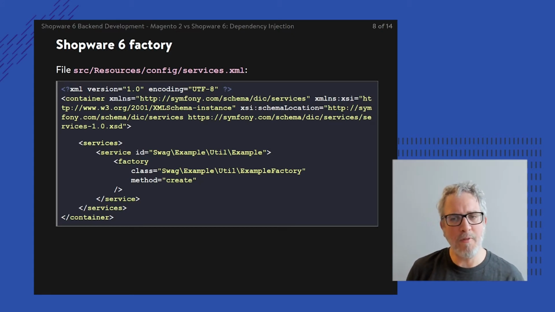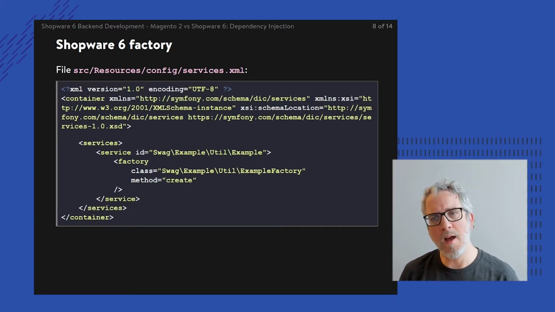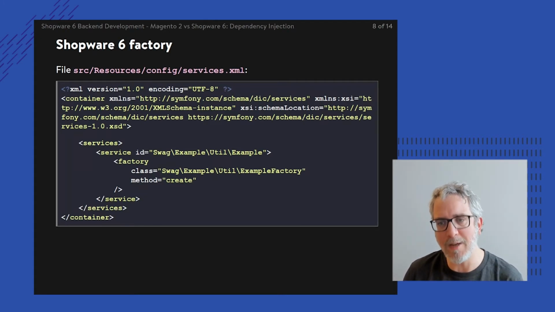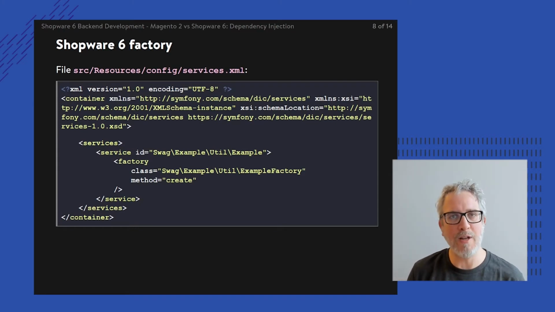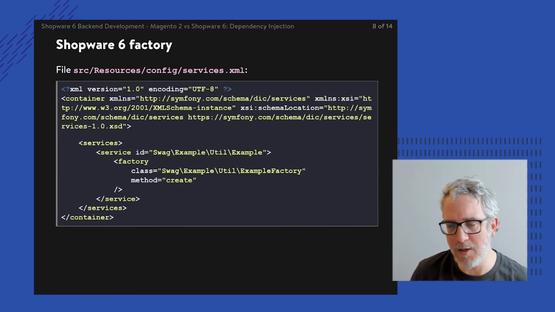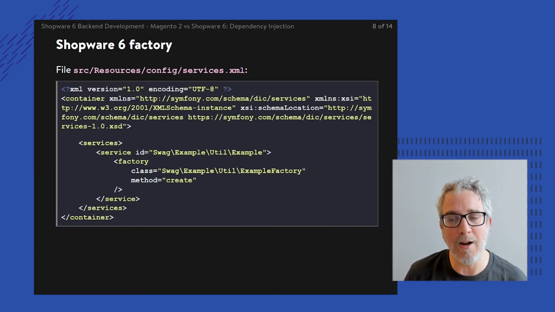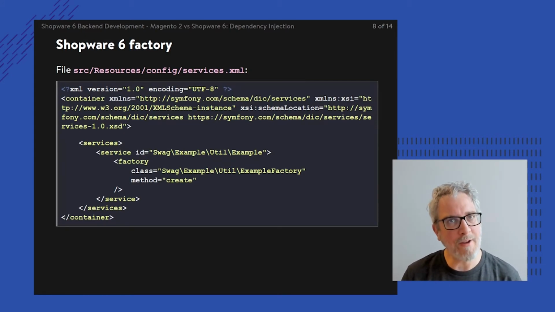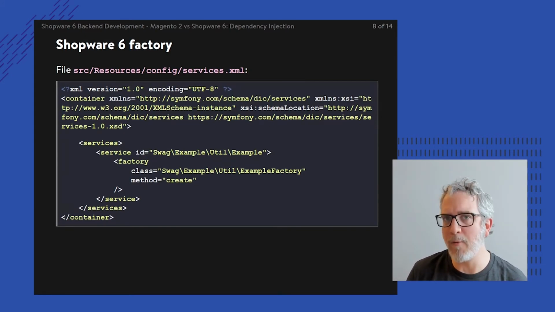So it basically boils down to the same thing, but it's slightly different. Within Magento, the factory is always injected. Within Shopware, you're never injecting the factory, or, well, you could, but then it's on purpose. But normally, if you simply want to have a class being created by a factory, you simply wrap that factory within the service definition, and then the Symfony service container is basically taking care of the rest. Another important fact to note is that within Magento, a factory is automatically generated or not. But within Shopware, that factory is never automatically generated. You always need to come up with that factory class yourself.